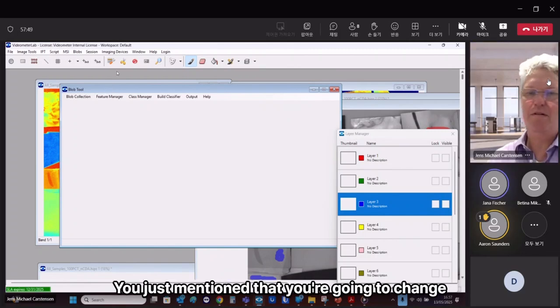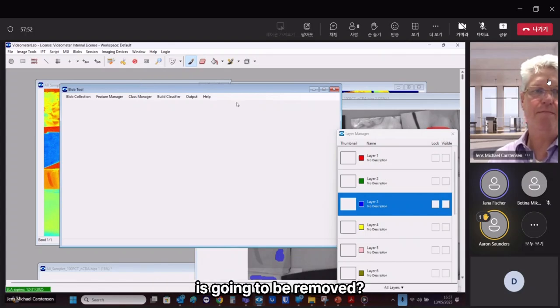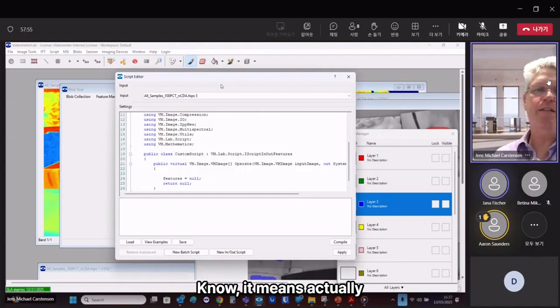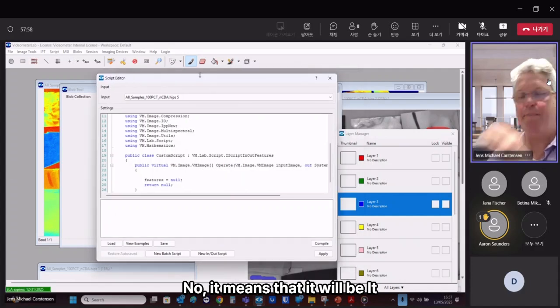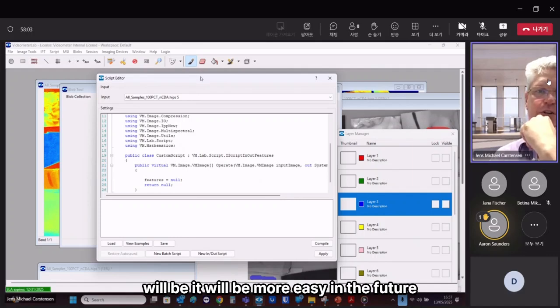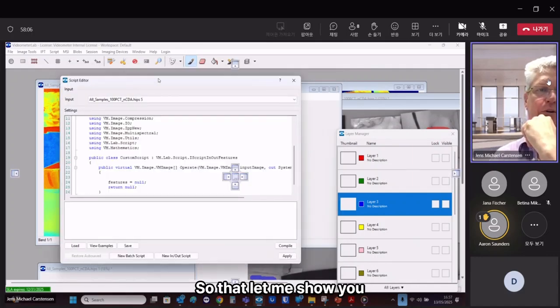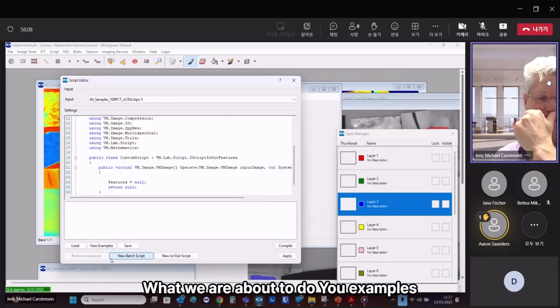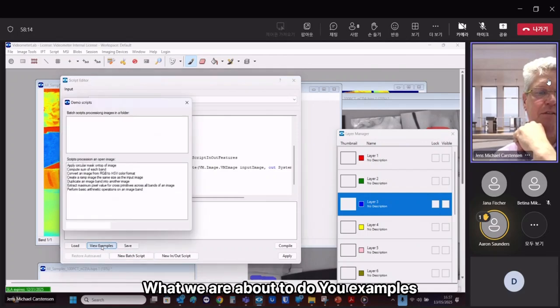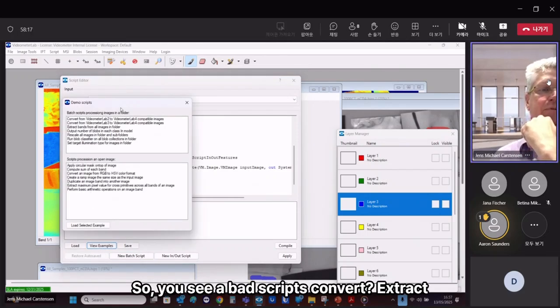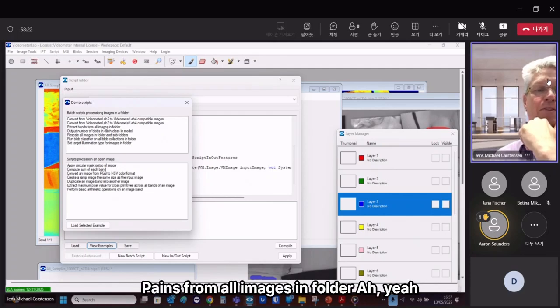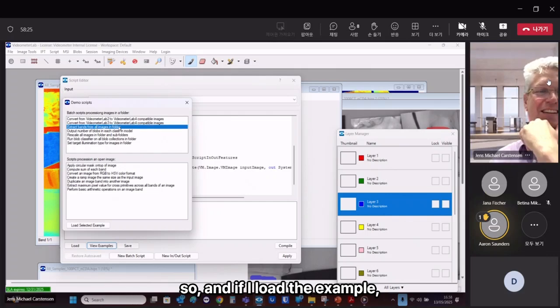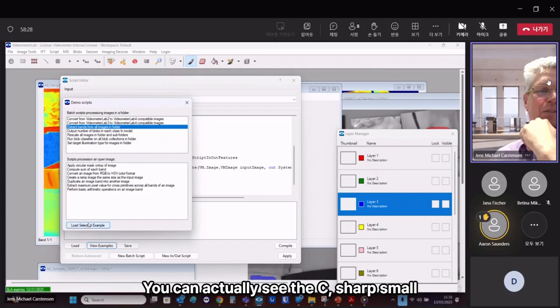You just mentioned that you're going to change. Does that mean that export function is going to be removed? No, it means that it will be easier in the future. Let me show you how it is today. Then I can explain what we are about to do. View examples. So you see batch scripts, convert, extract bands from all images in folder. And if I load the example,